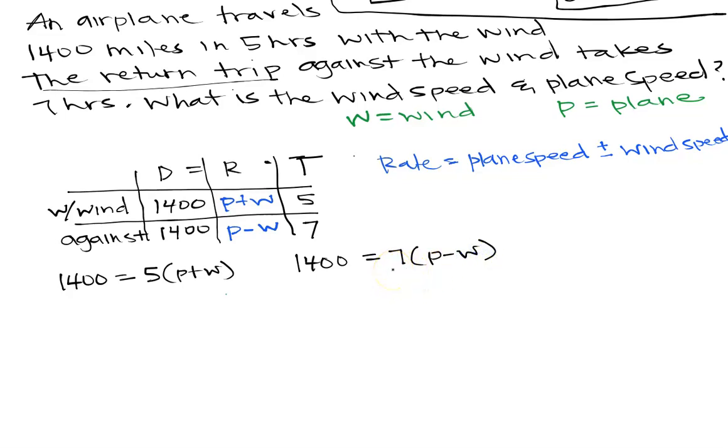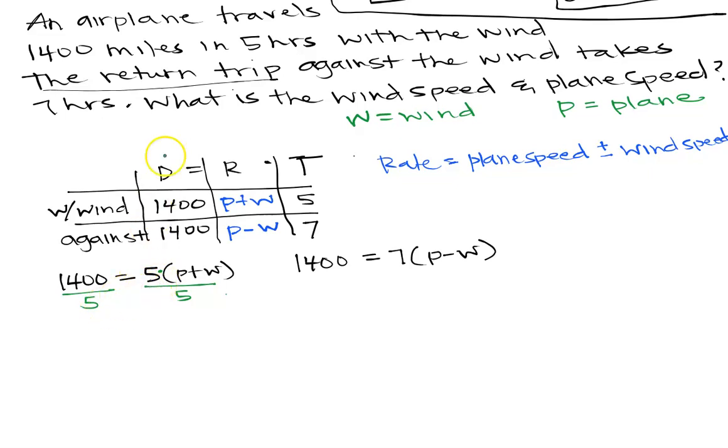Okay, so from here, there's a couple of different things you could do. Some students automatically think, let's just distribute that 5 through here and distribute the 7 through here, and that will totally work. However, I want you to think about an easier way to get there, though you don't have to do it this way. This is connected by multiplication, 5 times all of this. So if I wanted to undo multiplying by 5, I would divide by 5. And then 1,400 divided by 5